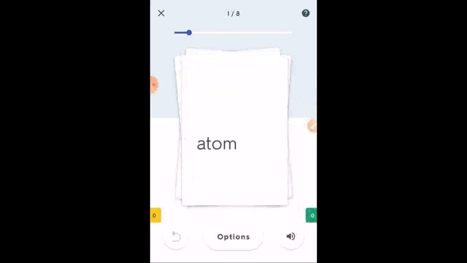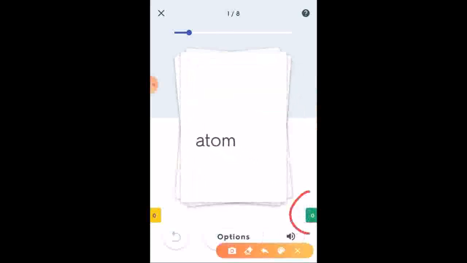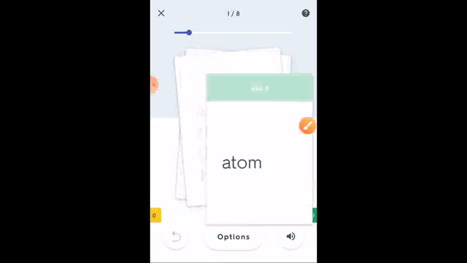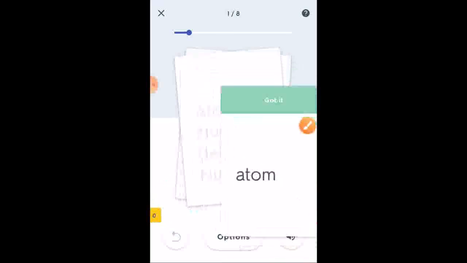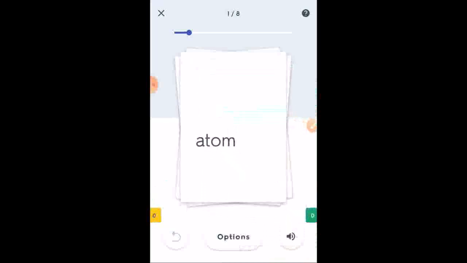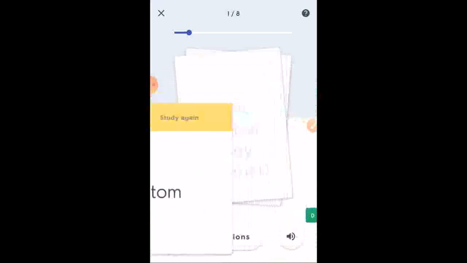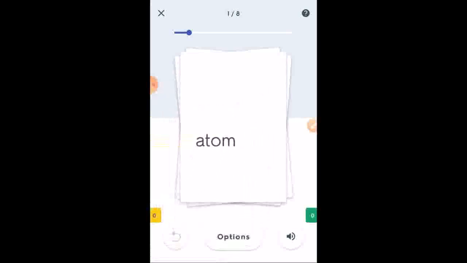You see a green color option here, and here you have a yellow color option. When you move it to the right side, it indicates that you know the term. If you move it to the yellow left side, then it is understood that you don't know the term. Then you can learn the same term again after some time.